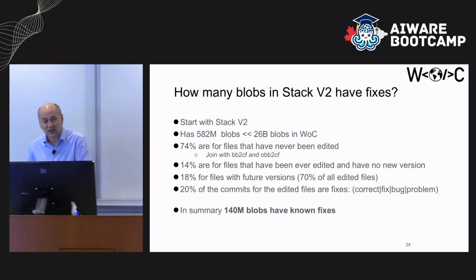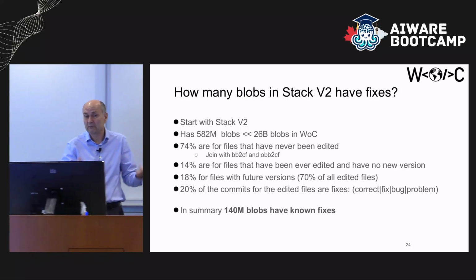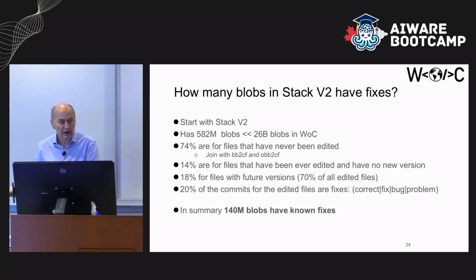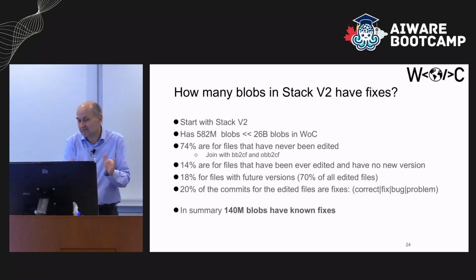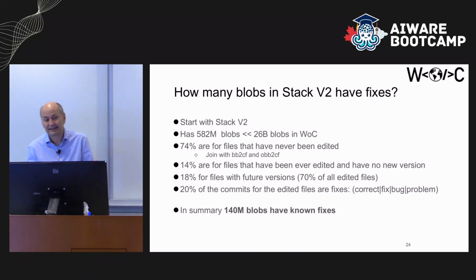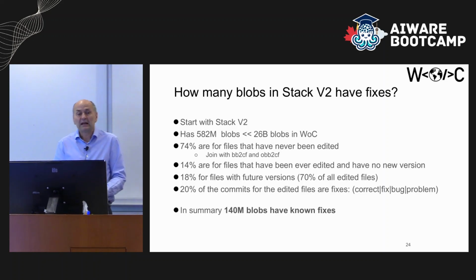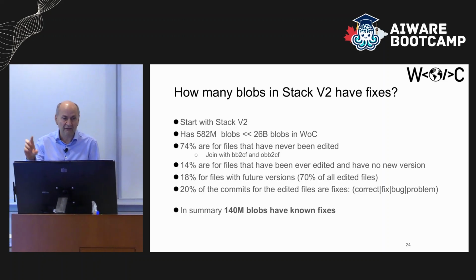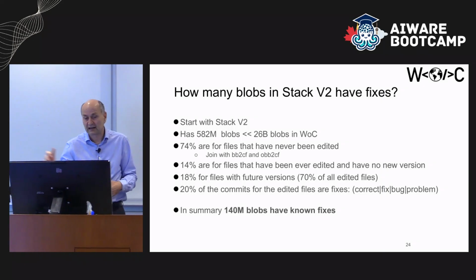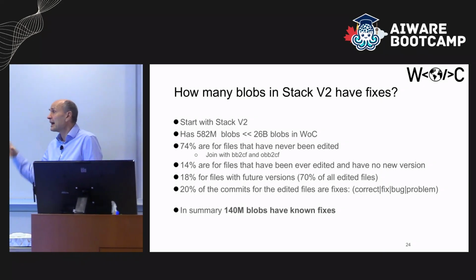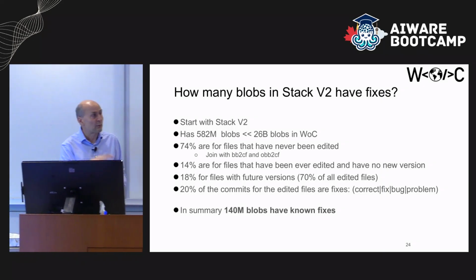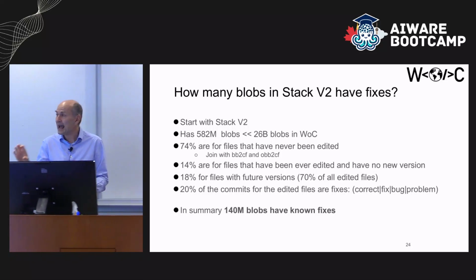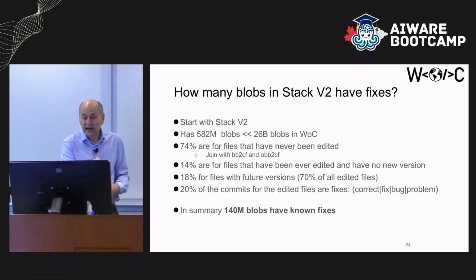So anyway, most of the files are not changed. If the file is not changed, it's probably irrelevant: either a bad file, a toy project, or something really suspicious. So most of the code there is really suspicious, right? Only 14%, which is half of the 26% that are modified, are at the latest version. So for modified files, only half are the latest version.